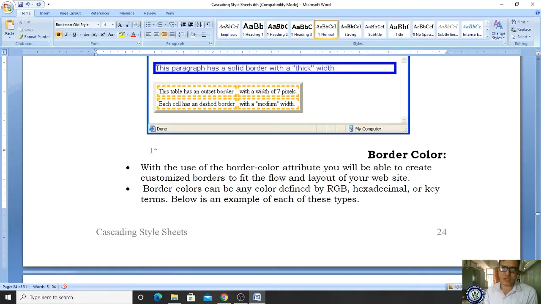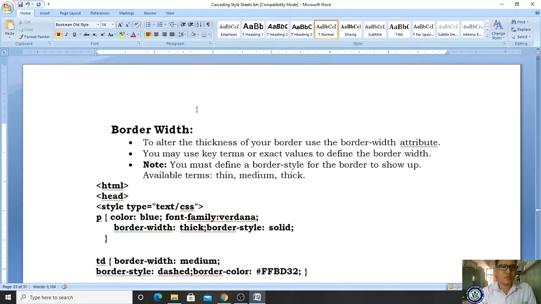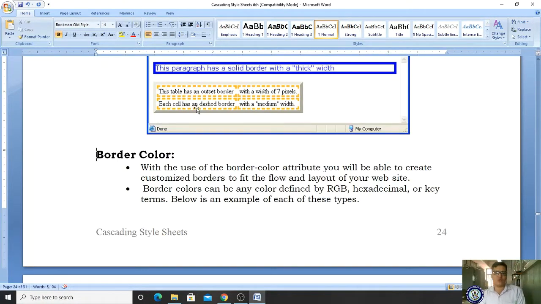In the last class, we explained the topic of border width. Now we will see the border color. With the usage of the border color attribute, you will be able to create customized borders to fit the flow and layout of your website.